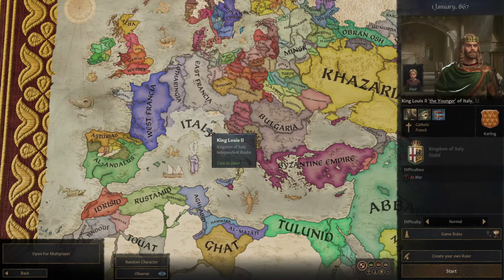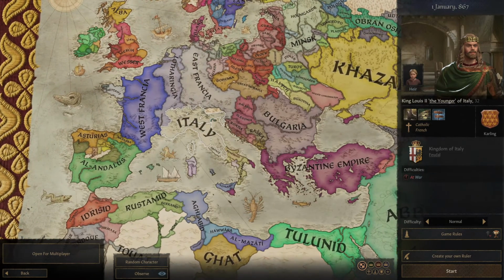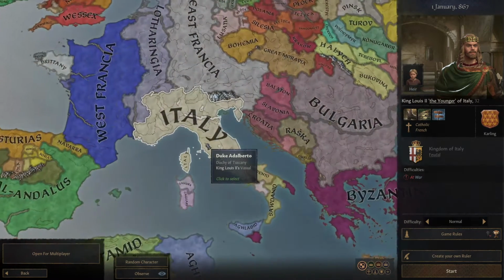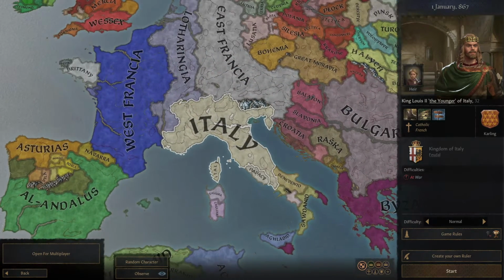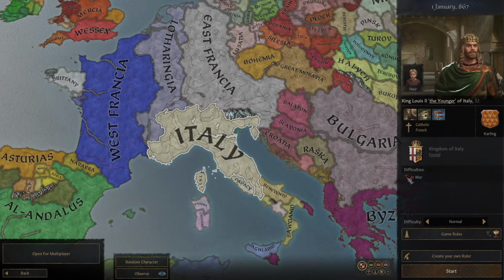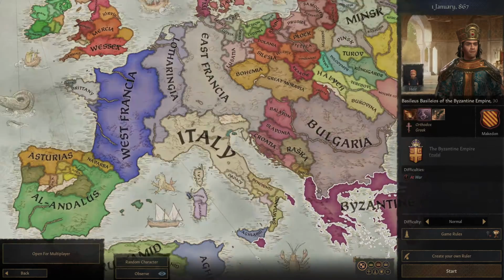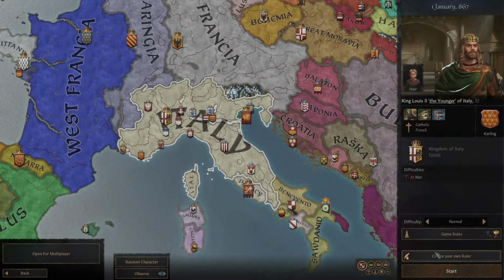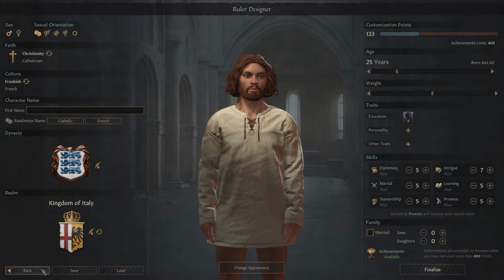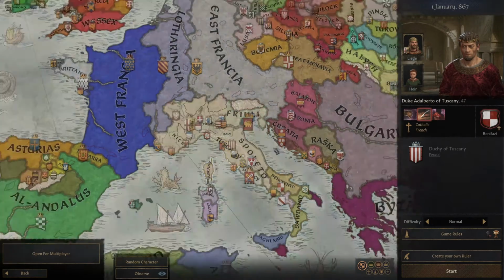So let's say you wanted to play as Italy and reform the Roman Empire, you totally could, as a Roman. As you see, Italy does start out at war in this setting, and if you change your character enough, you can actually completely avoid certain wars at the start just because you've changed the character, and the wars are usually tied to characters.